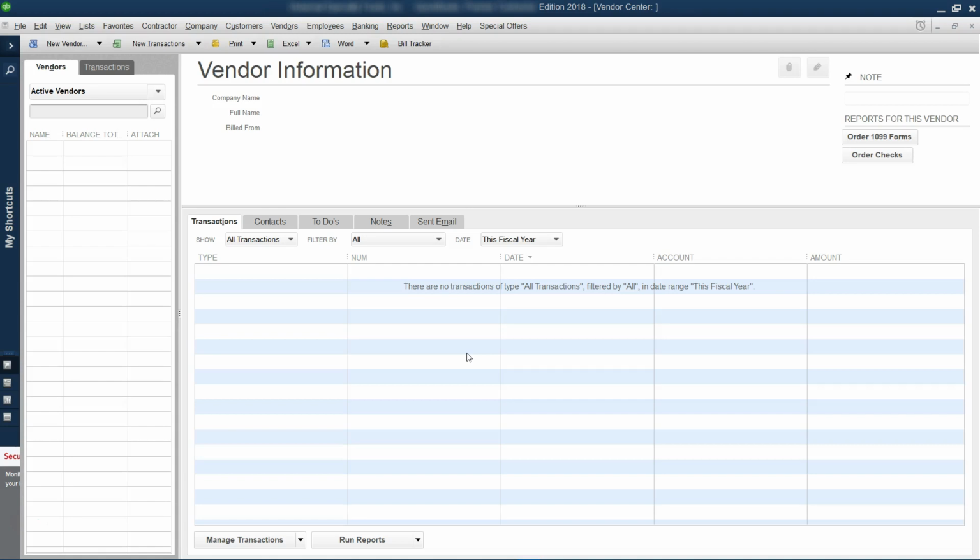And the reason we're doing this, and you have to be careful when you decide to start a new company file. It's not necessary to do it all the time, even though you think you may need it. You may want to contact a QuickBooks Pro advisor to review your books, to give you advice on whether you do need to create a new company file or not. Now, in this situation,